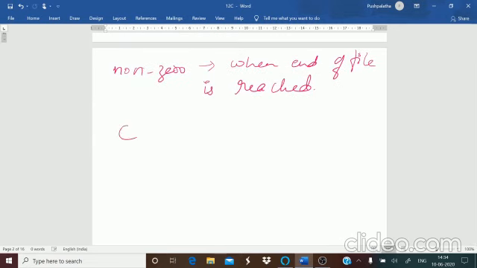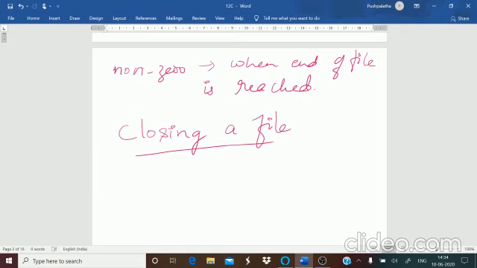And then closing a file. What do you mean by closing? Whenever you are opening a book, once the work is finished, you close the book and keep it in your bag, right? In the same way, whenever you have finished with the file, whether for reading, writing or appending, whatever operations you perform on that file, once you have completed the work, you have to close the file.